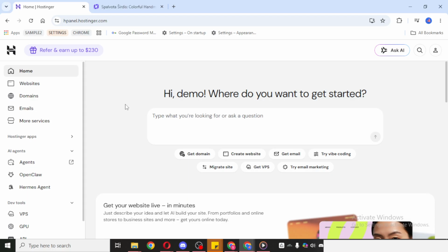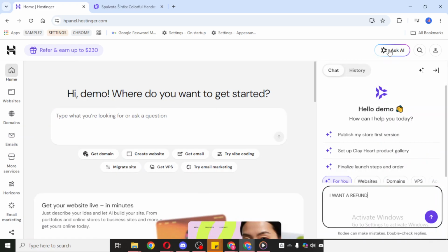Hostinger provides this tool so users can quickly get help without having to search through multiple pages. The AI assistant is called Cody, and it is designed to help answer questions, guide you through common issues, and point you in the right direction when you need support. If your concern is straightforward, this can often be the fastest way to begin. When you see Cody, go ahead and use it to assist you with your questions.